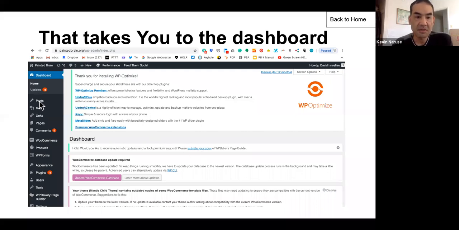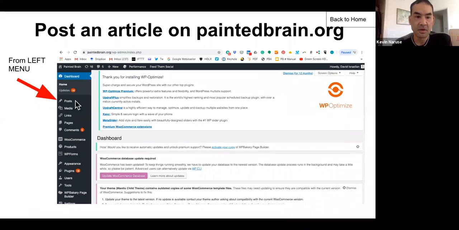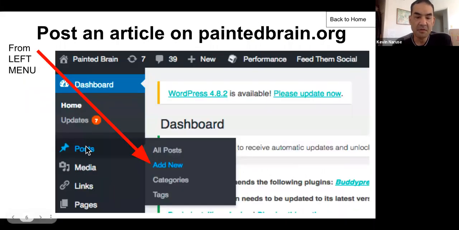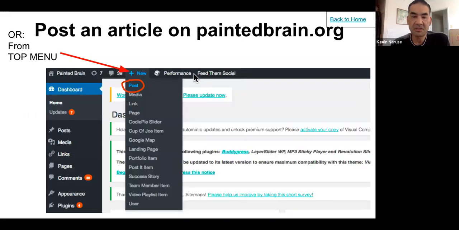Okay, so you'll go to post and create new. There are a couple ways to do it. You hover over posts and you hover over add new, and it'll take you there. Now there's another way you can do that. If you notice that new button up here and you click that, that will also take you to a new post. So just make sure to click post and not something else. Okay, so here's the other option. There's always more than one way to go from A to B. This being an example. Okay, are we good so far?